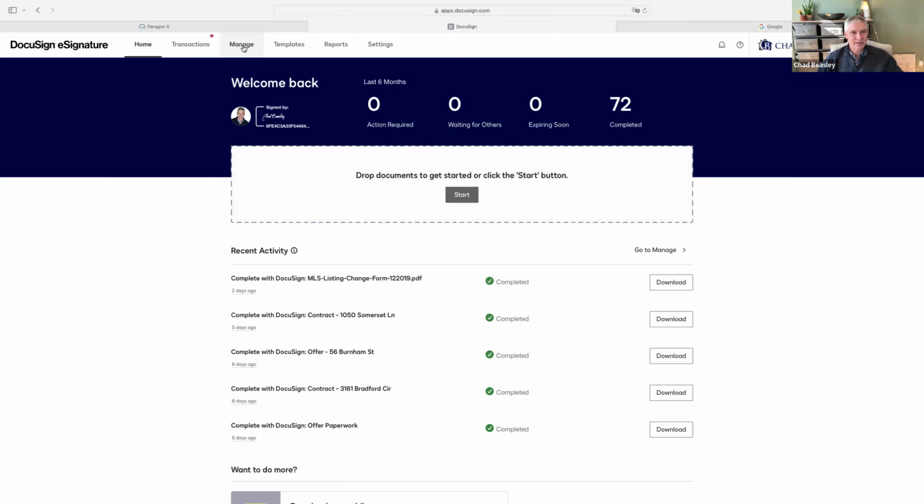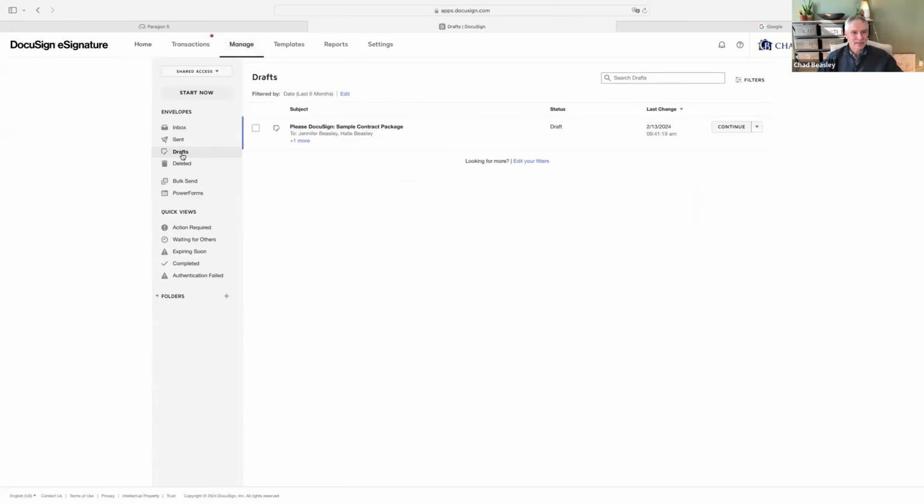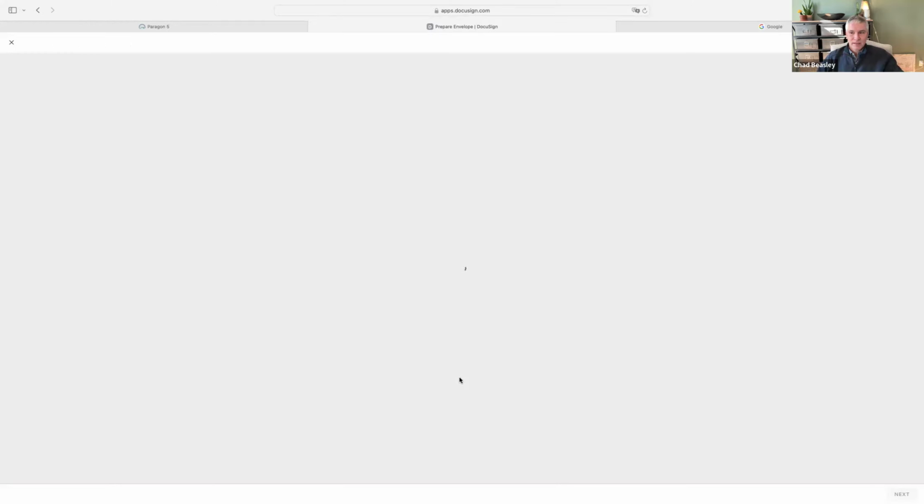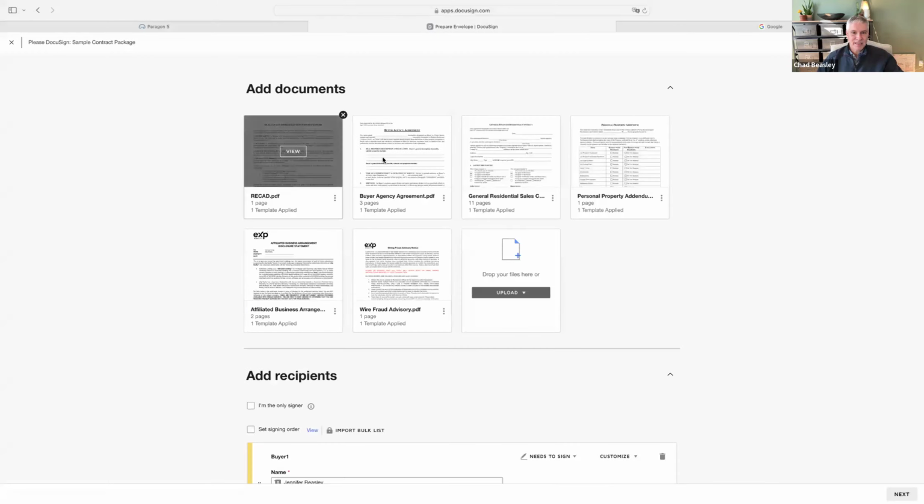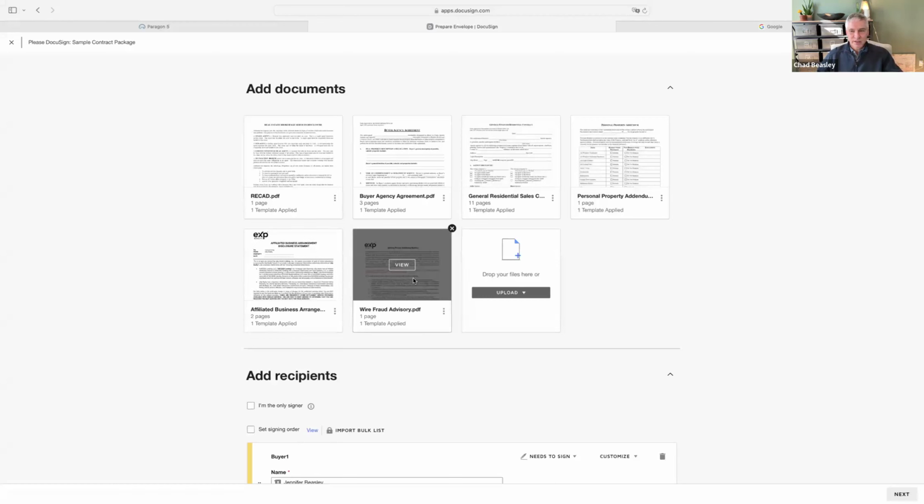I'm going to go in here under manage and under drafts, because this morning I went ahead and loaded my templates in there, so it would be ready to go for us. So I'll just open this up. And so I've got all of my documents that I sent you guys in here already: RECAD, buyer agency, the actual contract form, the personal property addendum, and then there are only two documents that EXP requires